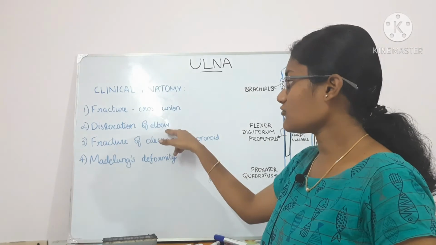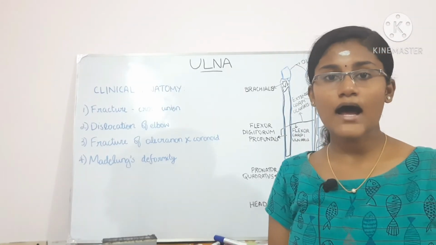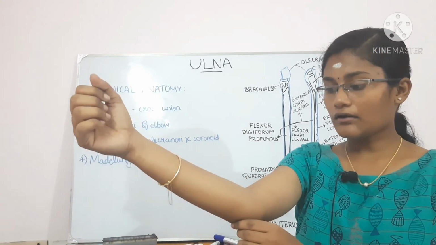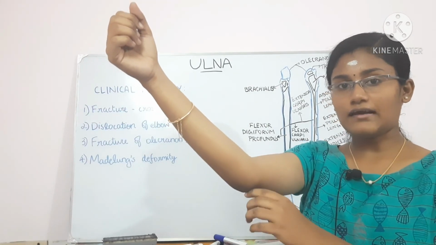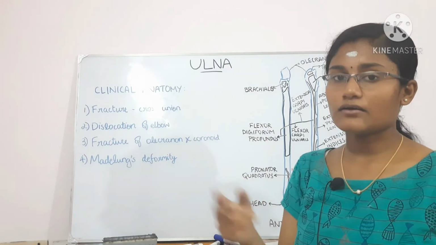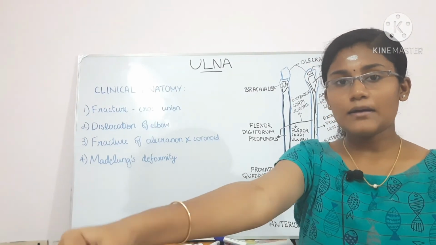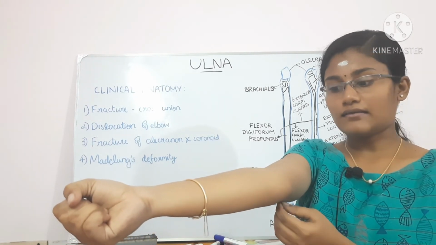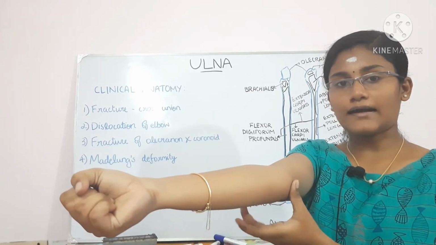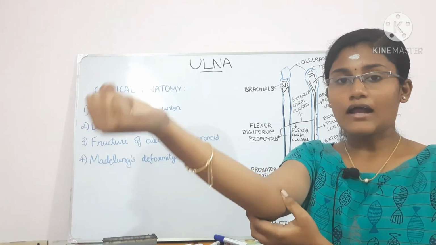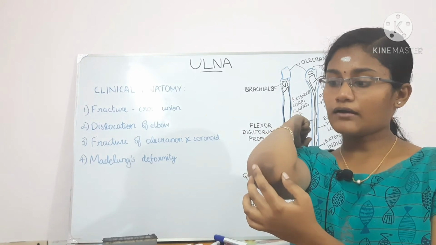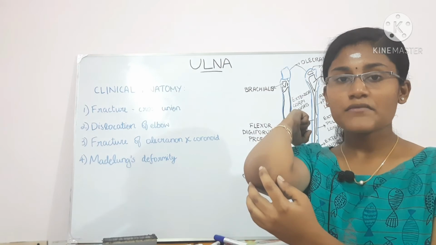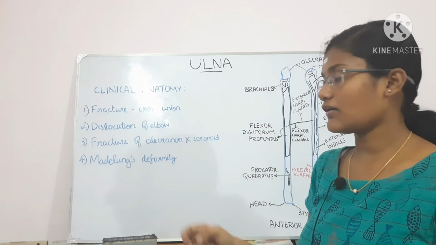Okay, and dislocation of the elbow. Dislocation of the elbow happens when we fall with the outstretched hand in a slightly flexed position. The olecranon process will shift posteriorly. So usually in the normal condition, that is when we keep our hand completely extended, the olecranon process lies in the same plane with the medial epicondyle and the lateral epicondyle of the humerus. And in a fully flexed condition, the olecranon process, medial epicondyle and lateral epicondyle form an equilateral triangle which is displaced during the dislocation of the elbow.